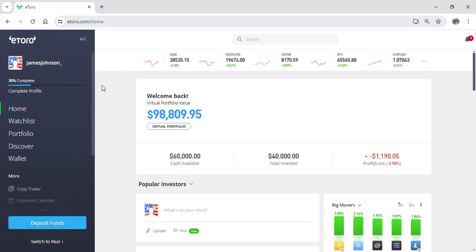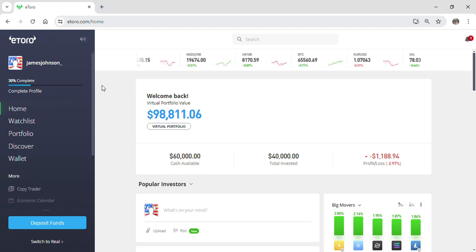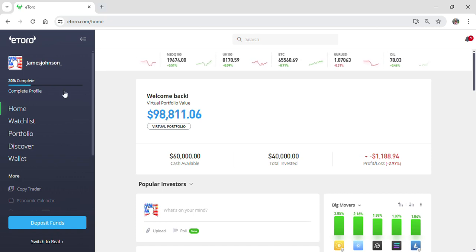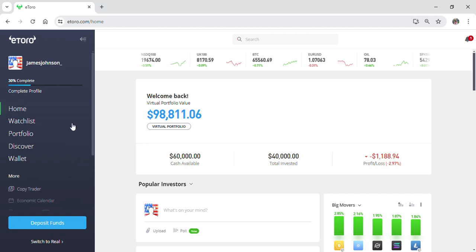For today I'm here with another new video to show you guys how you can change leverage on your eToro while doing a trade or investment. To do so, first of all, I assume that you are already logged in to your eToro account, like I already am right now. After logging into your eToro account, you can see that you'll be on the home page of eToro. From here, search for the stocks or crypto that you want to trade or invest in, or simply